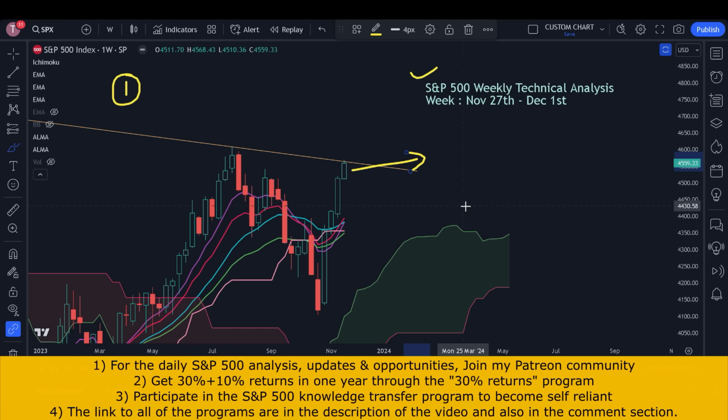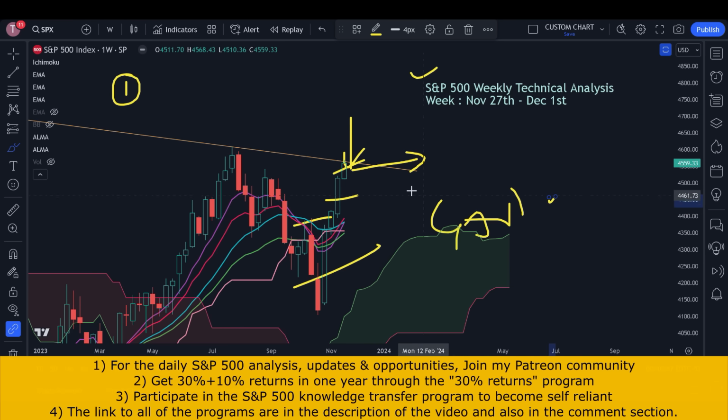Gap down open, it may happen, however chances are, because 1, 2, 3, 4, four weekly bullish candles in a row. This means that overall there were bullish sentiments even at the time of closing on a Friday. Generally, whenever there comes a rejection, there comes a gap down open, and then there comes a reversal.